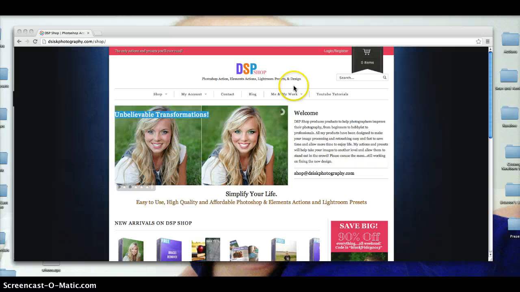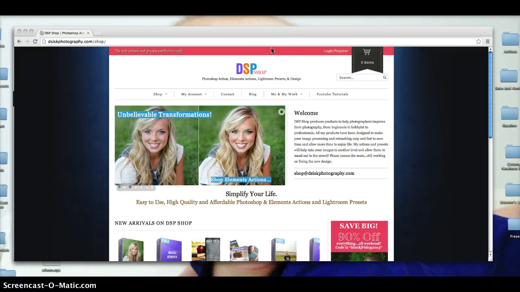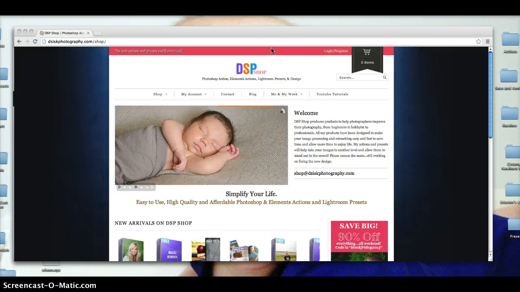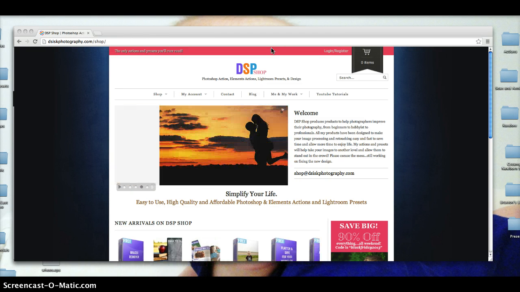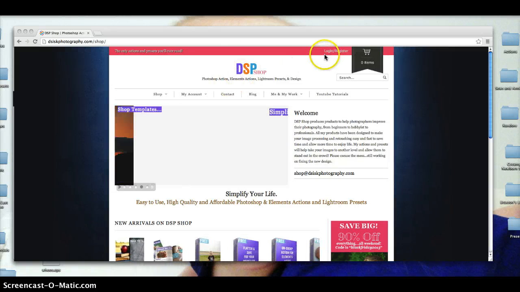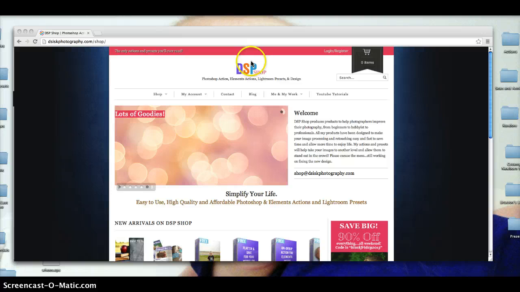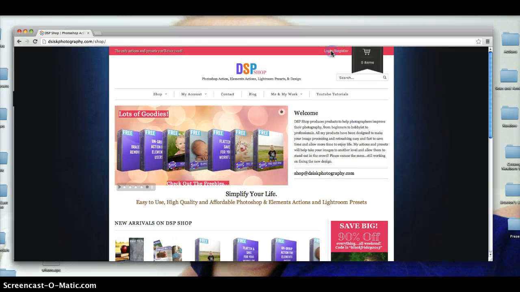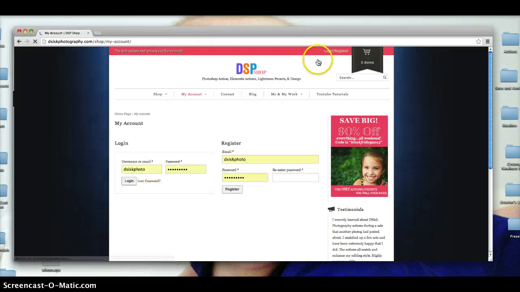The first thing you want to do is get your actions. After you purchase actions, you should automatically receive an email with a confirmation and then links to all the actions you purchased to download. Also, if you create an account, which I recommend when you are checking out, you can easily just go to my website, log in, type your info in,